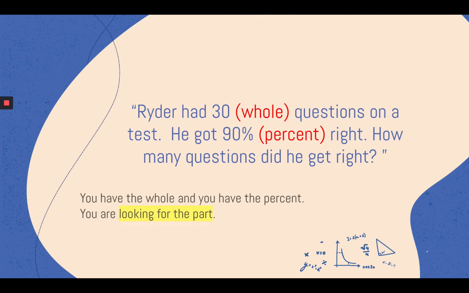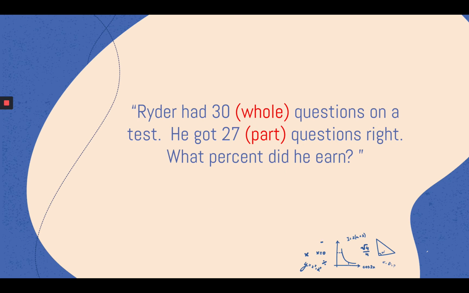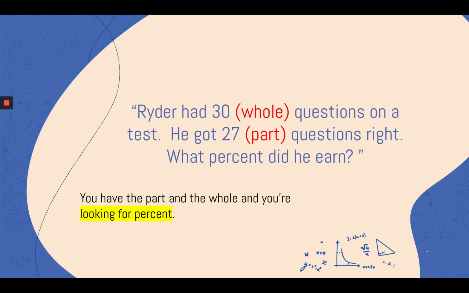So this was the first type of question we did where you had to find the part. Ryder had 30, that's the whole amount. Questions on a test, you got 90, that's the percent right. How many questions did you get right? You're looking for the part. Last assignment was this type of question. Ryder had 30, that's the total or the whole amount. Questions on a test, he got 27, which is the part. Questions right, what percent did he earn? So on the last assignment, you were looking for percent, which brings us to today,